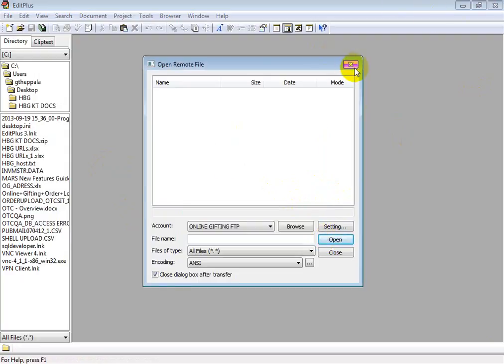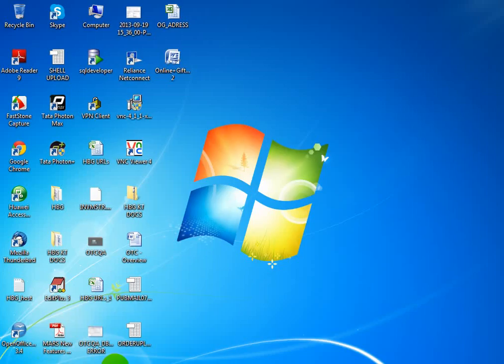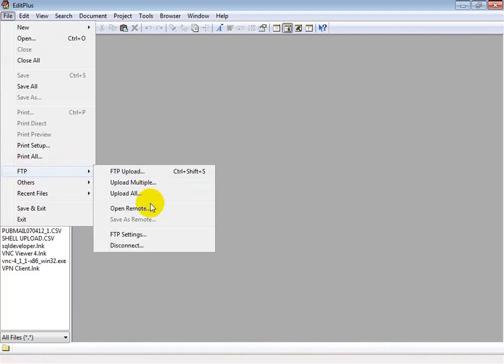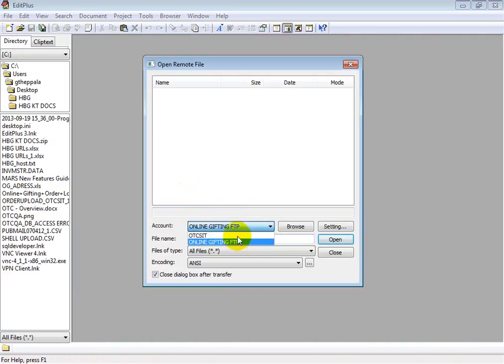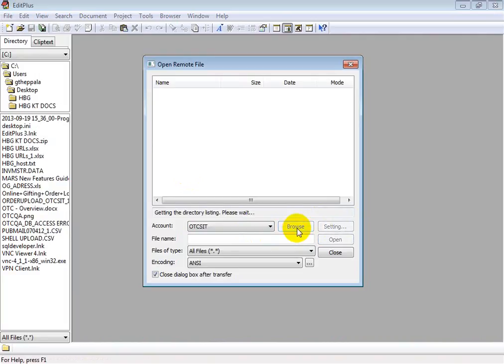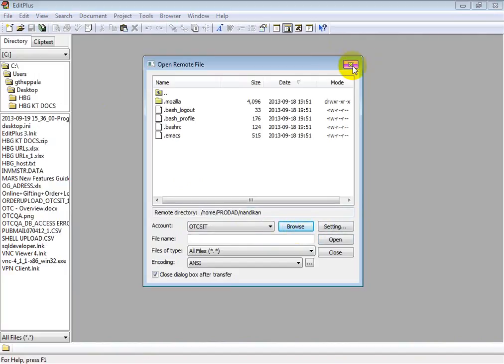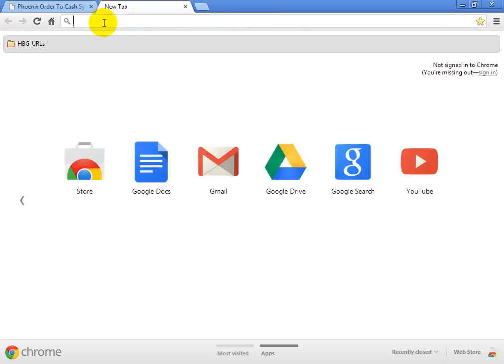Even you are not able to access FTP also, Vandana. Can we access the other FTP? The OTCC? What do you mean? Yeah, OTCC you are able to. Let me check how it works. FTP we were able to connect earlier, right? So for our SIT, that is SIT, not online gifting. Might be, do we need to raise for the access? For what? This GIS FTP. So we are able to access. Separately we'll have to add. I think we haven't raised the access. We didn't know. We are able to access the certificate. Let me check online gifting.